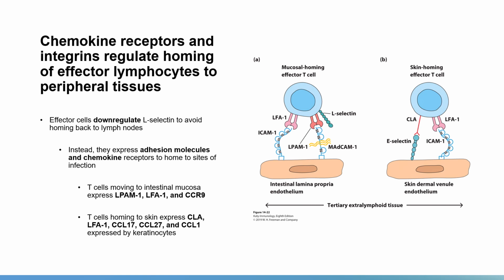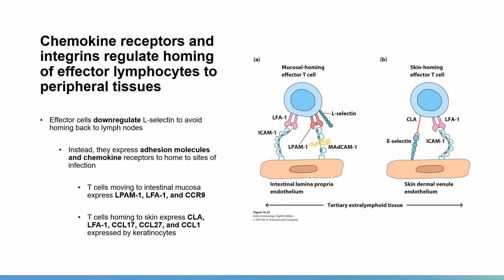You've got one cell that's a mucosal homing effector T cell and one that's a skin homing effector T cell. This is how the cells actually find different tissues and migrate into those different tissues. So for the mucosal tissues, you've got some L-selectin and some MADCAM that's necessary for migration into the mucosa. ICAM1 is also important for migration into the mucosa, and LFA1, which is present for both skin homing and mucosal homing cells. It's just a generic